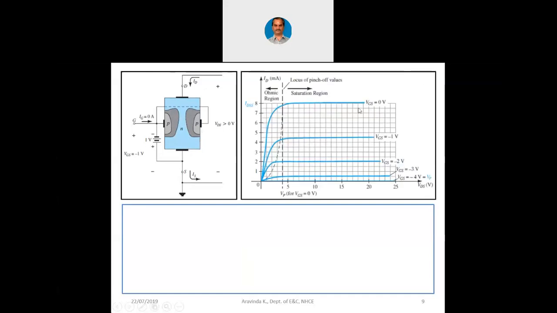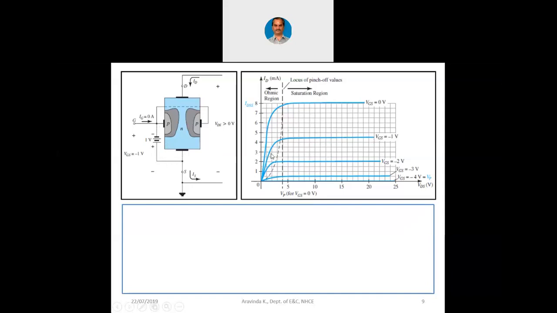Now you can see when VGS is 0, the value of IDSS is much larger because it takes a finite amount of time for the pinch off to occur, and until then current keeps increasing. But when VGS is negative, we are purposefully applying a negative gate voltage to turn off the device. When VGS is negative, you can see that pinch off occurs and the maximum current is lesser. IDSS is lesser because we are not allowing the transistor to conduct fully by applying a negative gate bias.